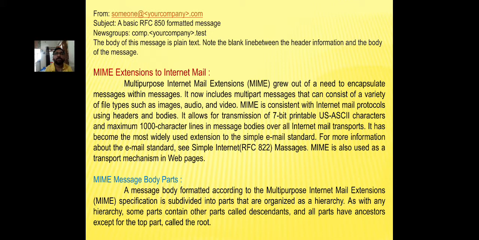The specification is subdivided into parts that are organized as a hierarchy. As with any hierarchy, some parts contain other parts called descendants, and all parts have ancestors except for the top part called the root.